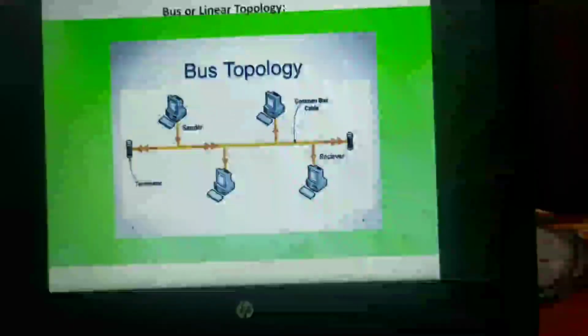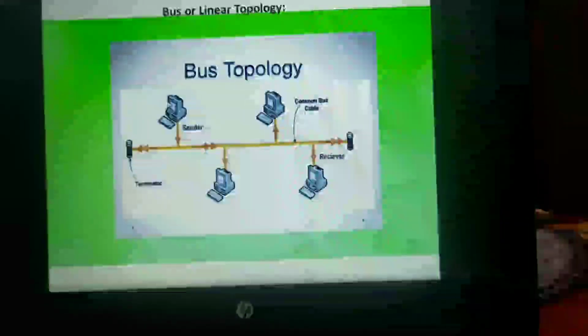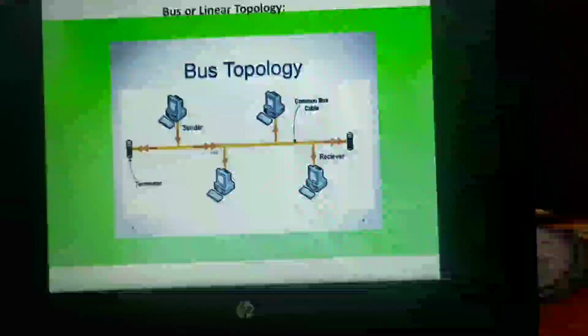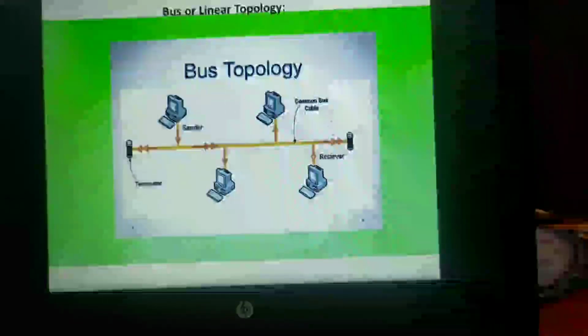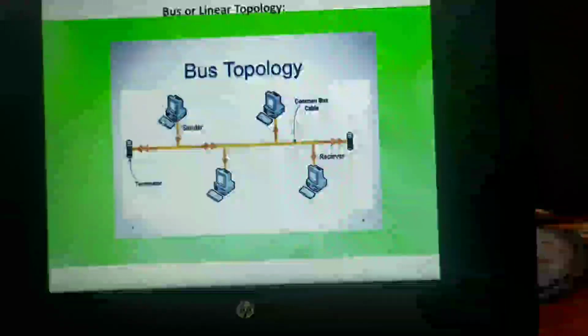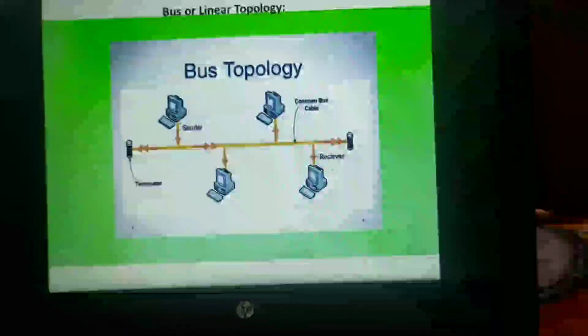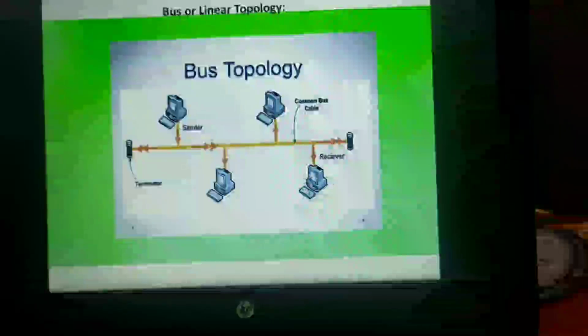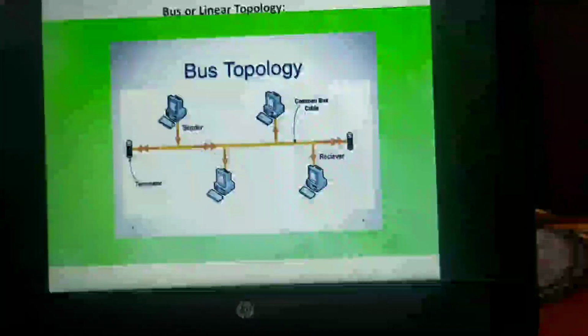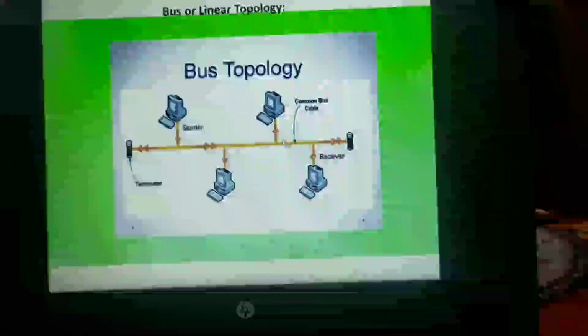Okay, the host at one end of the bus can communicate with the several other nodes which are attached along its length. That means, let us consider this to be the sender and this to be the receiver. Irrespective of the sender and receiver, this sender can communicate with all other nodes which are connected onto